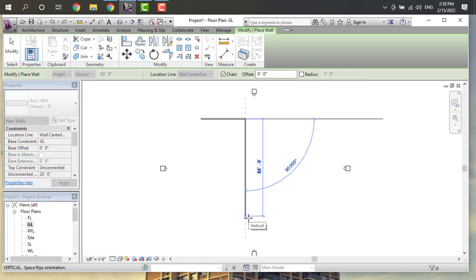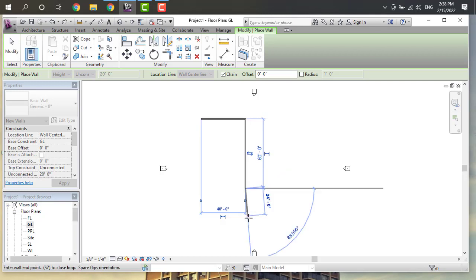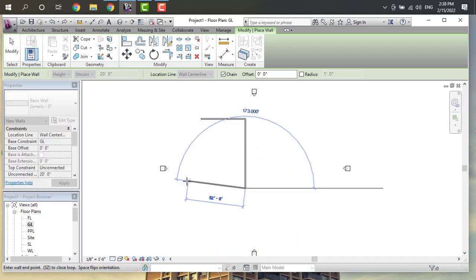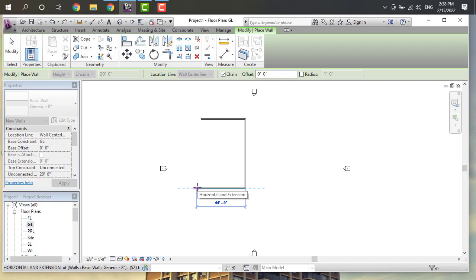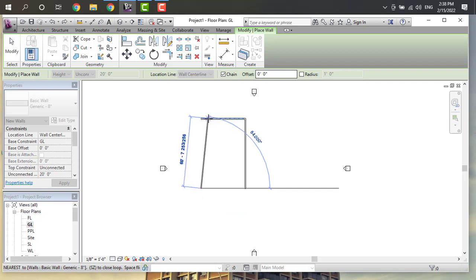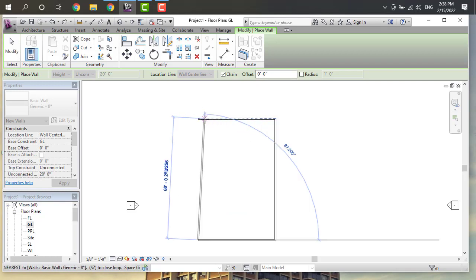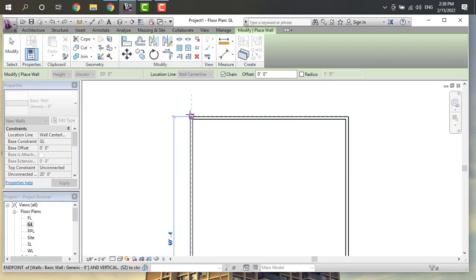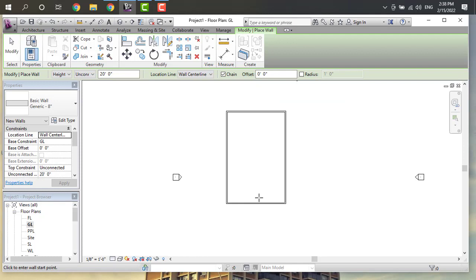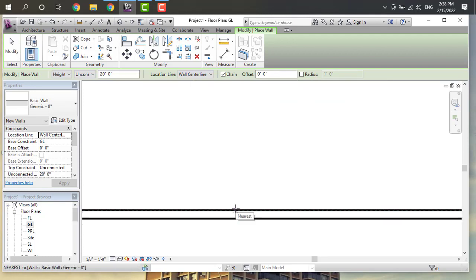And it will be 60 feet. Again it will be like this.